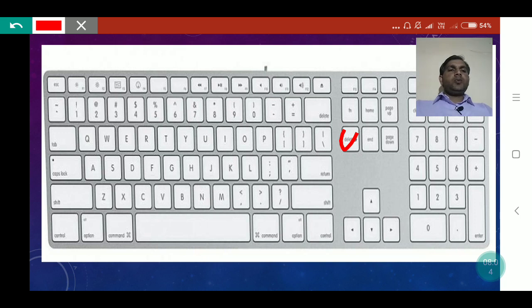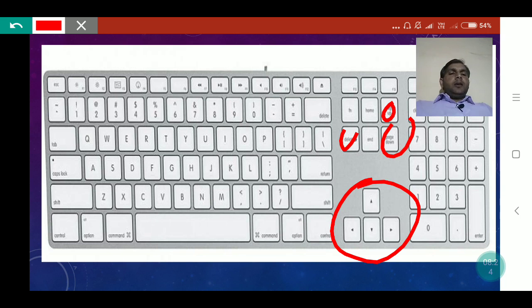Navigation keys are used to navigate through the document, meaning in a document we need to navigate from one place to another. So arrow keys, page up, page down, and end keys are the navigation keys.